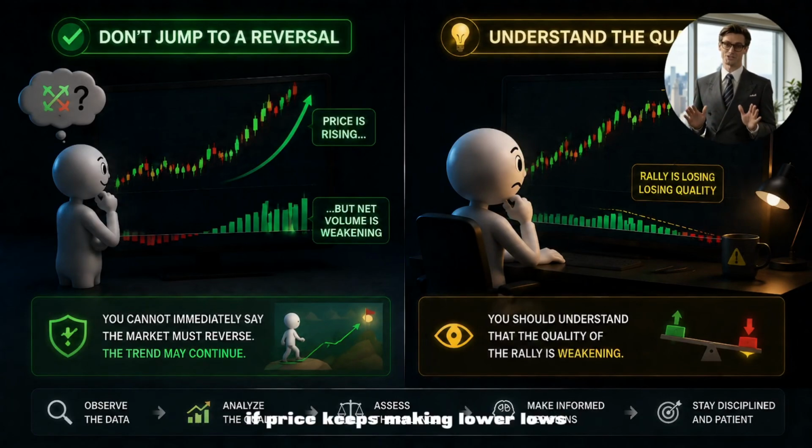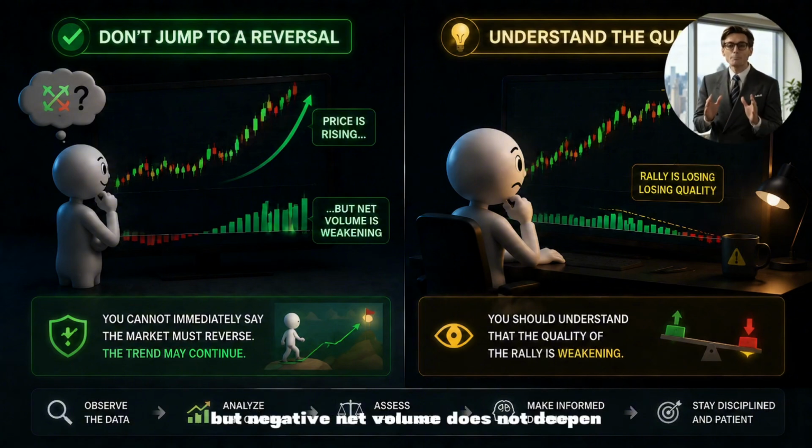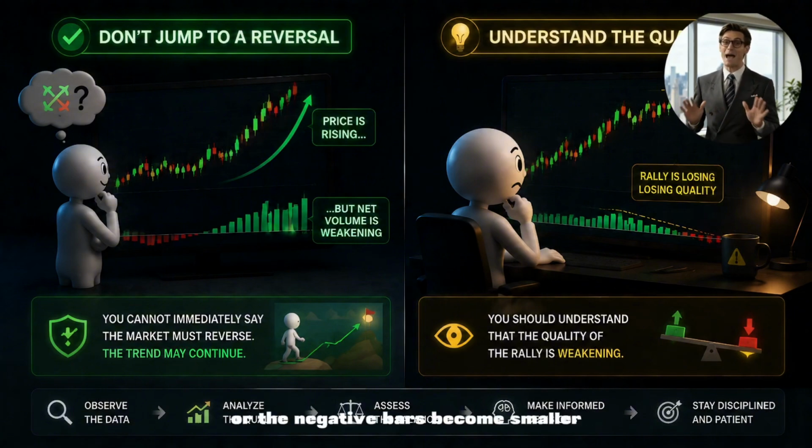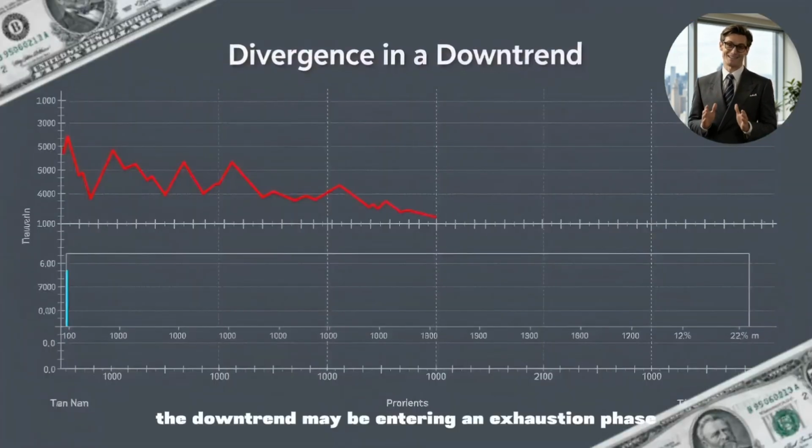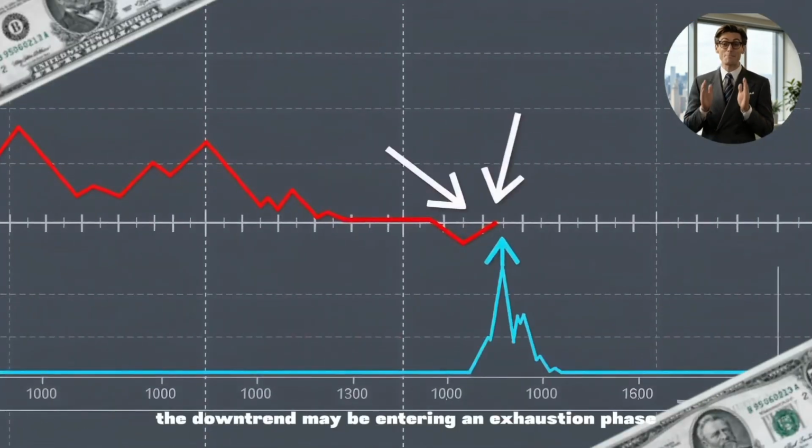You cannot immediately say the market must reverse, but you should understand that the quality of the rally is weakening. On the other hand, if price keeps making lower lows, but negative net volume does not deepen, or the negative bars become smaller, it may suggest that selling pressure is weakening. The downtrend may be entering an exhaustion phase. But remember,